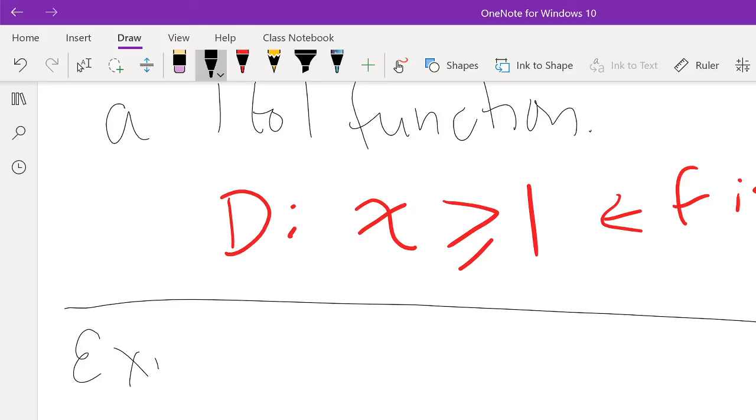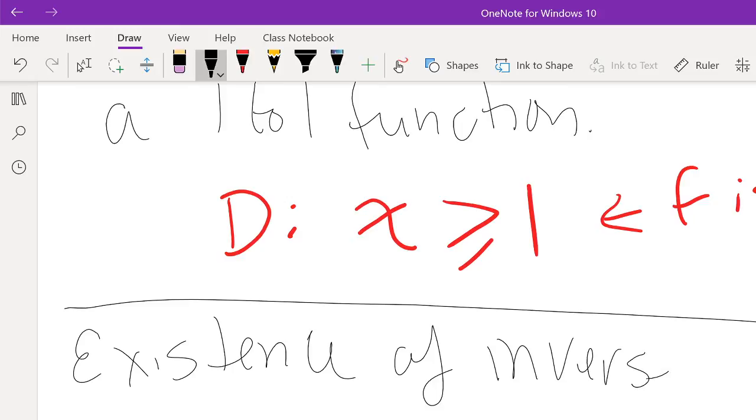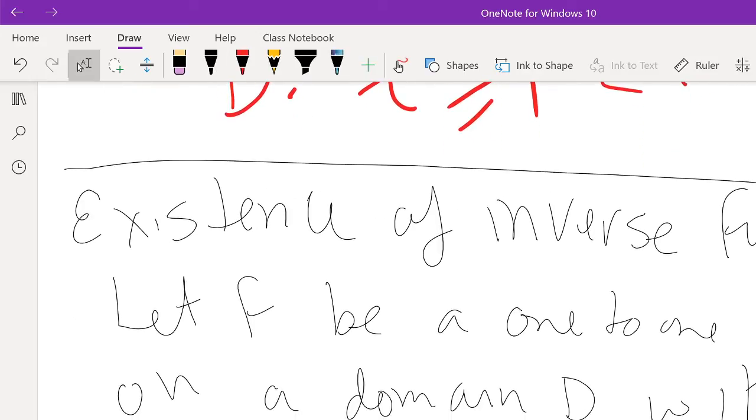Existence of inverse functions. We say let f be a one-to-one function on a domain D with a range R. Okay, and capital D, capital R are just sets of real numbers. Then